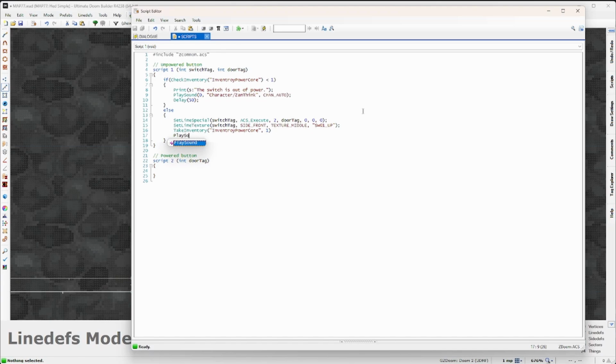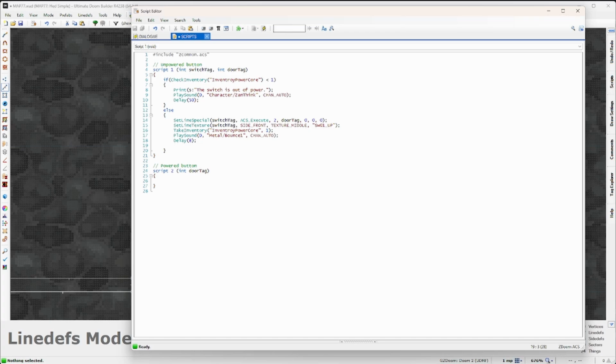Place sound. We can get away with doing 0 here, I think. Metal / bounce 1. Channel auto. Where is it? There. I missed a semicolon on this line. Okay. With an 8-frame delay. I'm just referencing this from some other code from the Gaudy Goblin actually, which was before